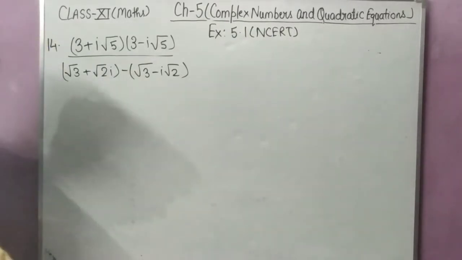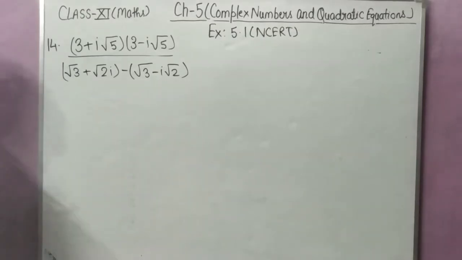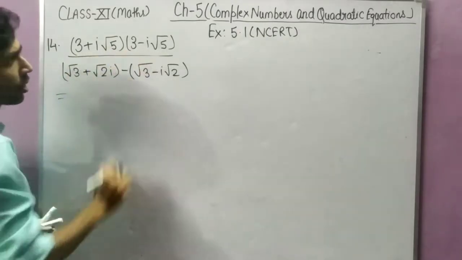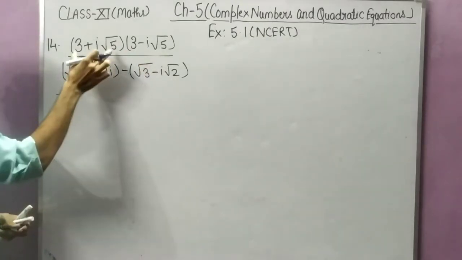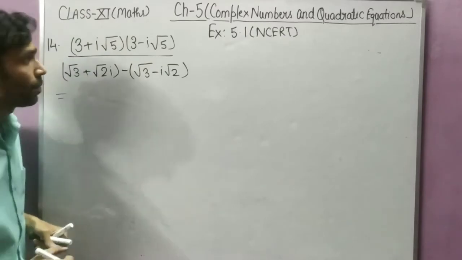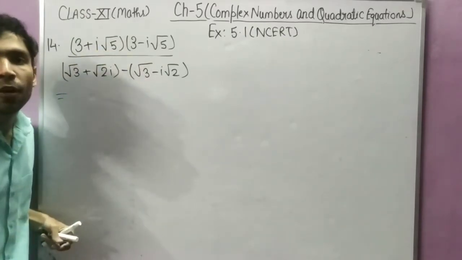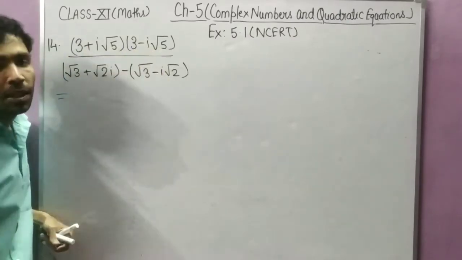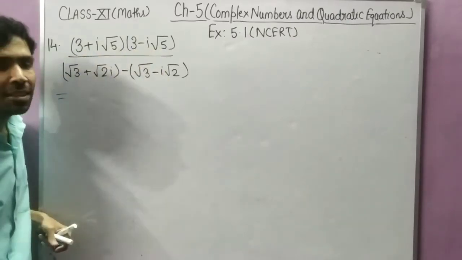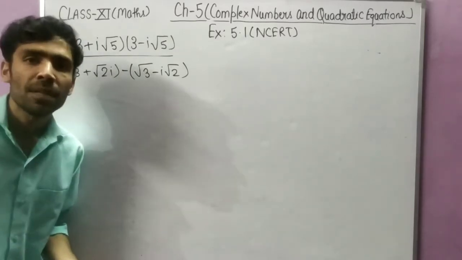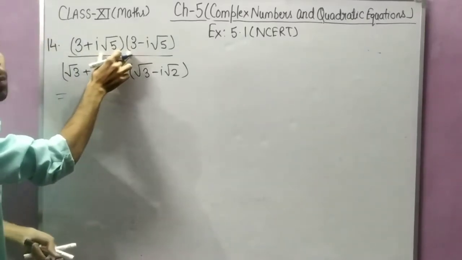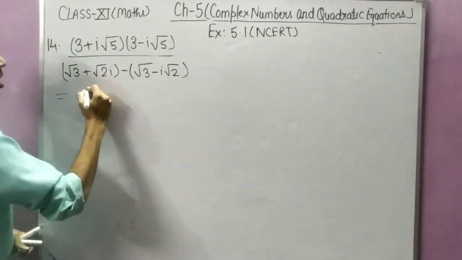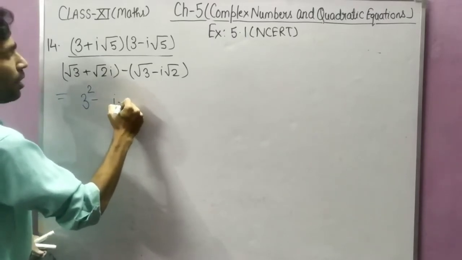So now we will solve it as we solved in the previous part. Okay, so now see student, when we solve this expression, what will come? See, in the numerator part of this question there is one formula forming. Okay, see, it is a plus b, it is a minus b. So in place of a plus b into a minus b, we can write a squared minus b squared, because this is forming the formula of a squared minus b squared. So in place of this I can write 3 squared minus i root 5 squared.